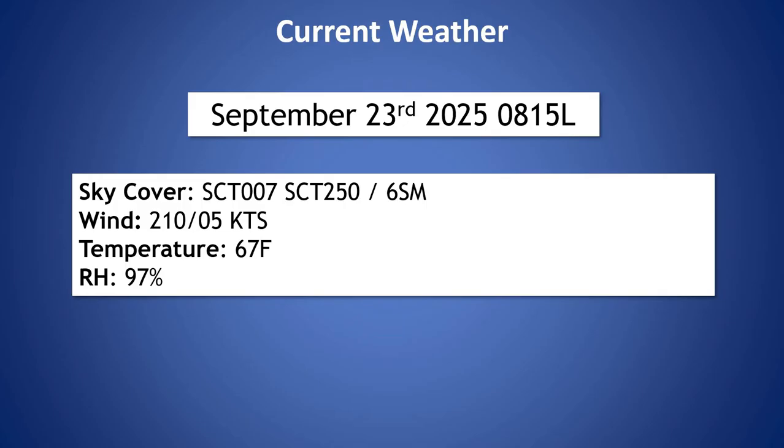Now, as for our current weather observed on base, we are seeing a scattered layer, especially out over the water at about 700 feet, and a scattered layer at 25,000 feet in the form of some upper level cloud cover. We are also seeing 6 statute miles of visibility as a result of some morning mist, and winds are generally out of the southwest at about 5 knots, with our temperature at 67 degrees and our relative humidity pretty